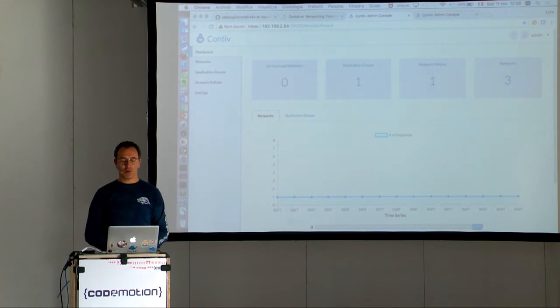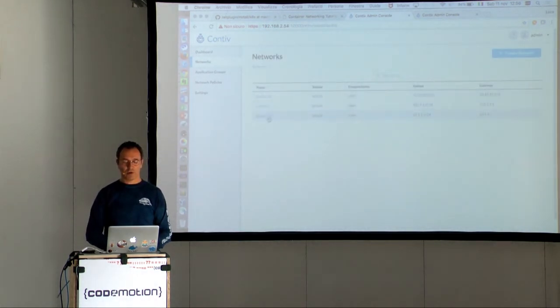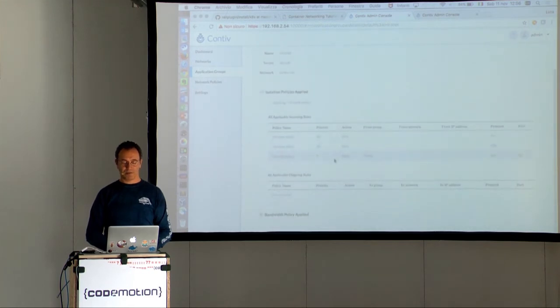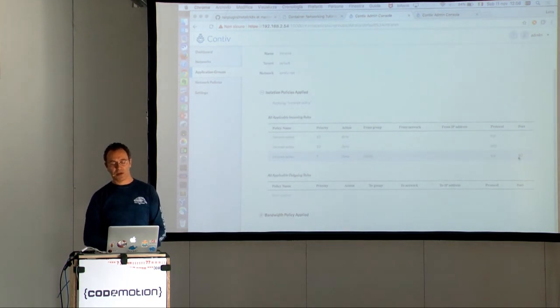Okay, so we already have 3 networks, the same that we have seen in the command line. Contiv net, Contiv H1, and default net. We have 1 group attached to a network. We can see the isolation policies. So we deny TCP and UDP, and we allow TCP on port 80 just for containers running in the group